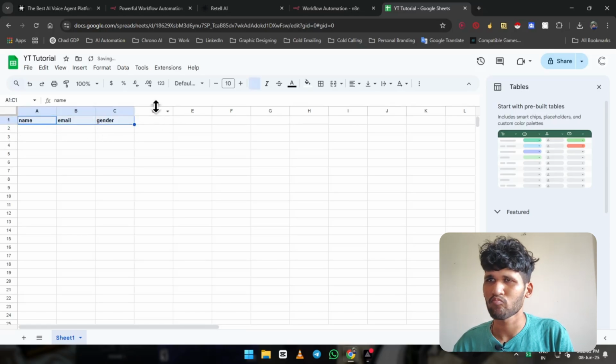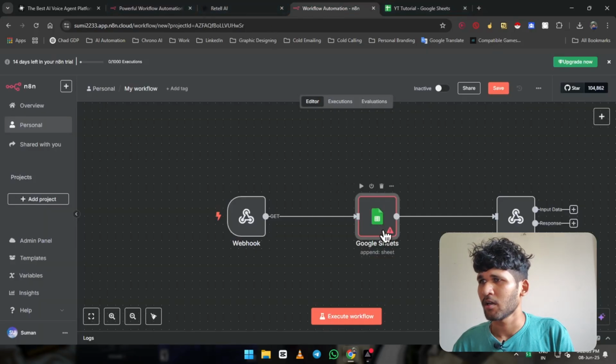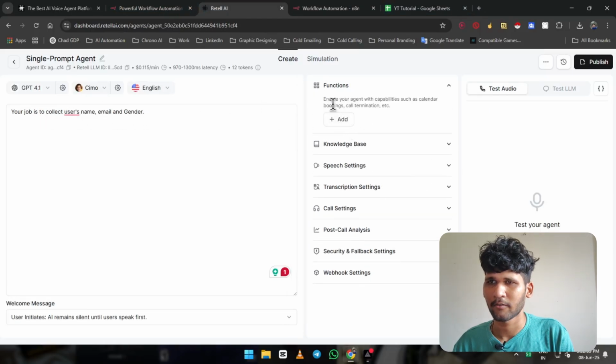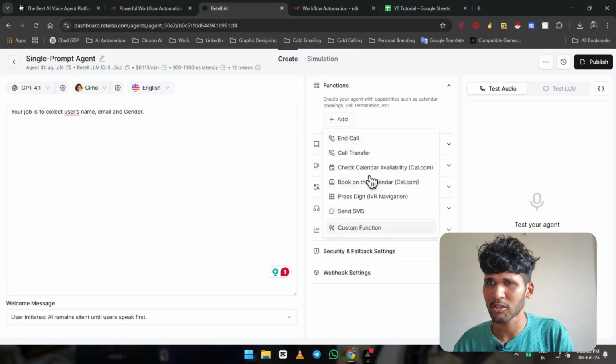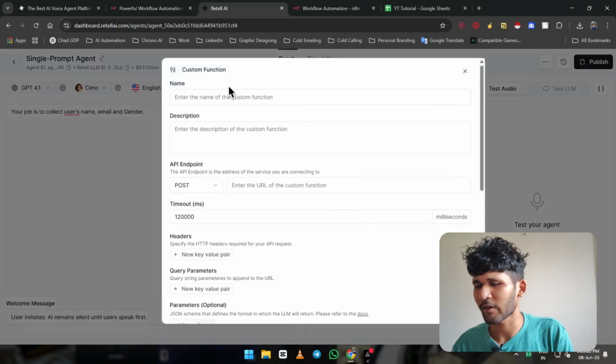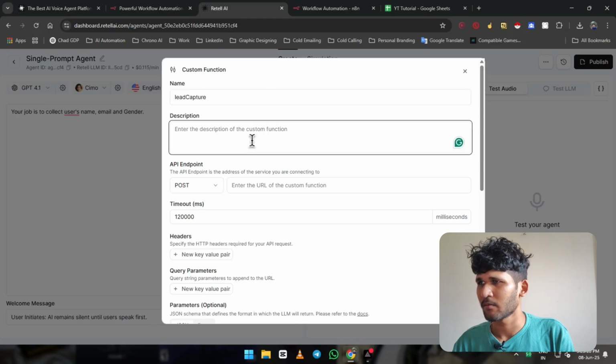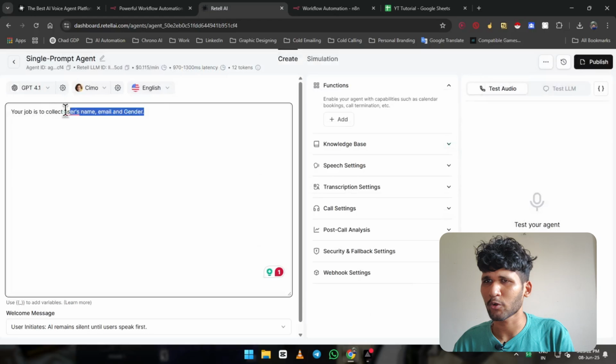Okay, that's it. Now what we are going to do here is first add a function, which is going to be a custom function. We are going to give it a name, let's say lead capture. Here give it the description. We are just going to copy paste it here.